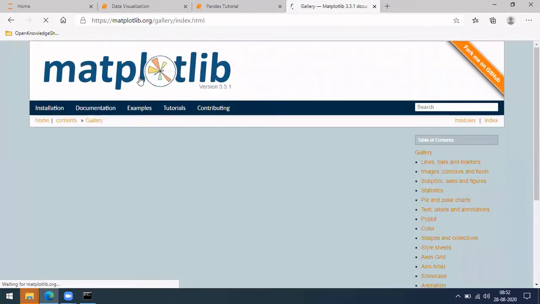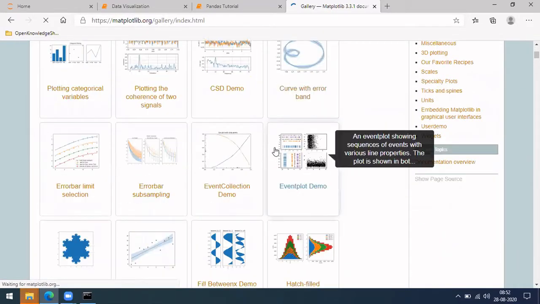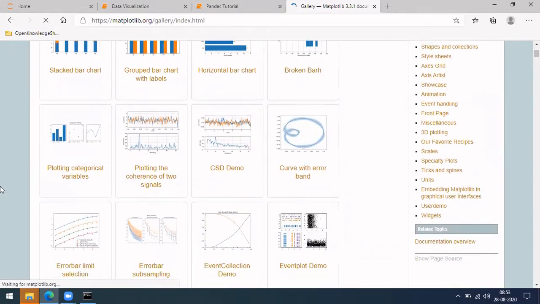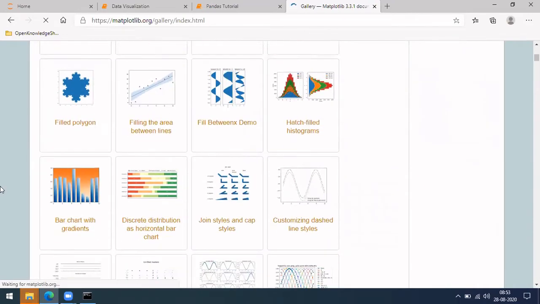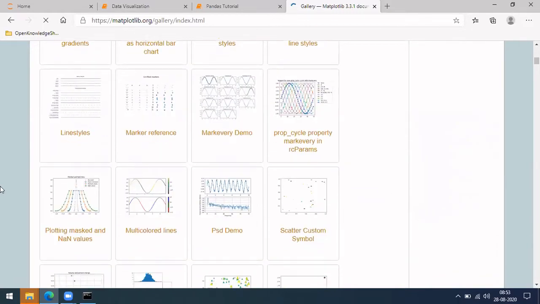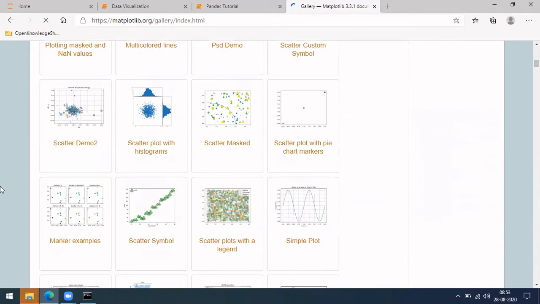Let's go to one of the examples. There are so many things. Let me go to one simple one first. You can see there are so many different kinds of plots which can be drawn. Let's go for a simple plot to begin with.